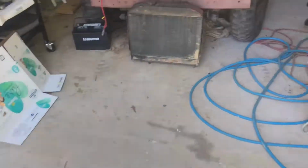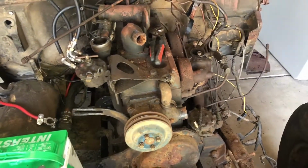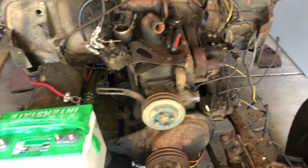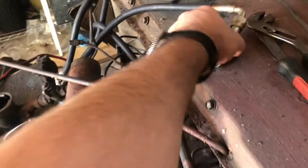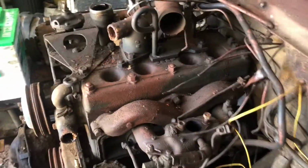So, back to the Jeep. I'm going to get these oil lines rigged up, and the next steps are I'm going to test it, make sure they are not leaking, and then I'm going to put the spark plugs in. I am going to have to look up the firing order as well, and I'll make a video for that too before I move on. But I did gap these to spec. They are 30 thousandths of an inch. So we'll put those all in there,